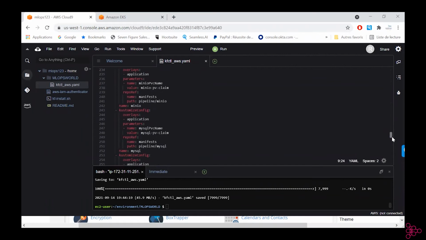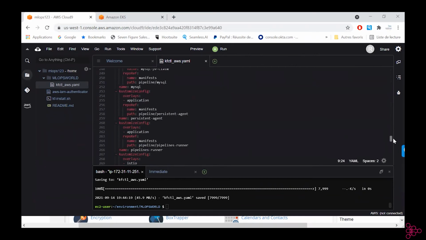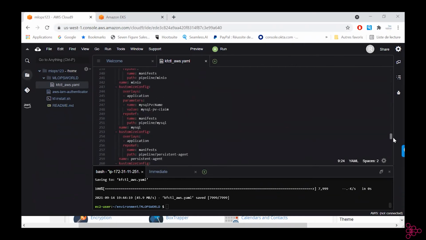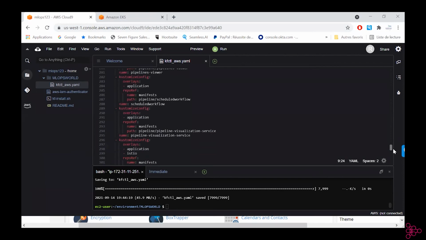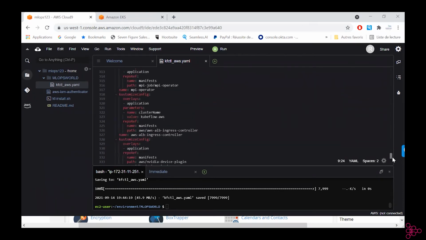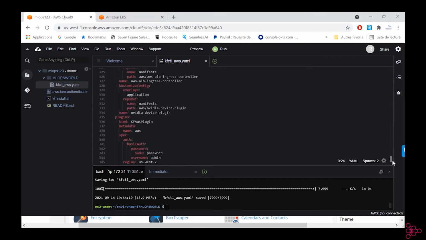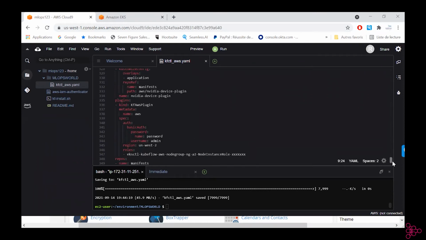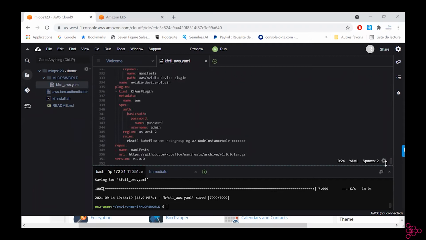We have Kubeflow Pipeline, database, persistent agent, pipeline UI, scheduled workflow, Seldon. Okay, that's good. So this is the configuration file you should modify.